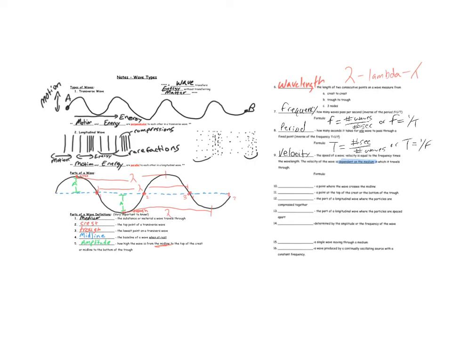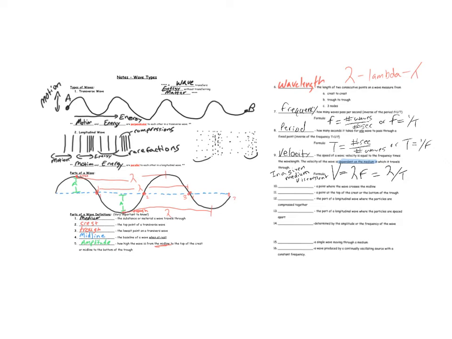The formula for the velocity is V is equal to lambda f. But you can also write it as V is equal to lambda divided by the period. So in a given medium, the velocity will stay constant. So in a given medium, V is going to be constant, which means that